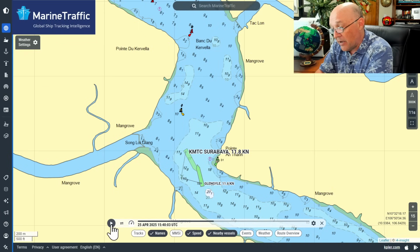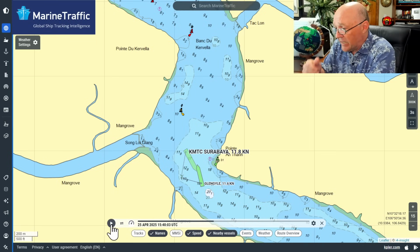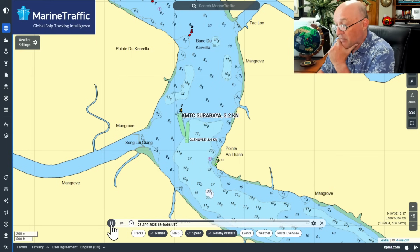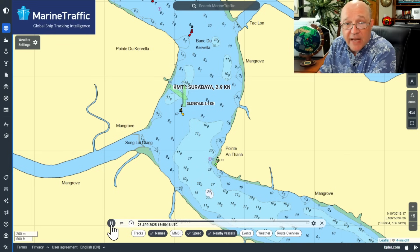Surabaya hits its port bow up against the port bow of the Glengyle, and they both kind of peel into each other. Surabaya coming downstream at 11.8 knots, Glengyle going upstream at 11.6 knots. They both come together, fit in the position, and then they begin drifting, and they drift upward here until Surabaya comes stern ashore